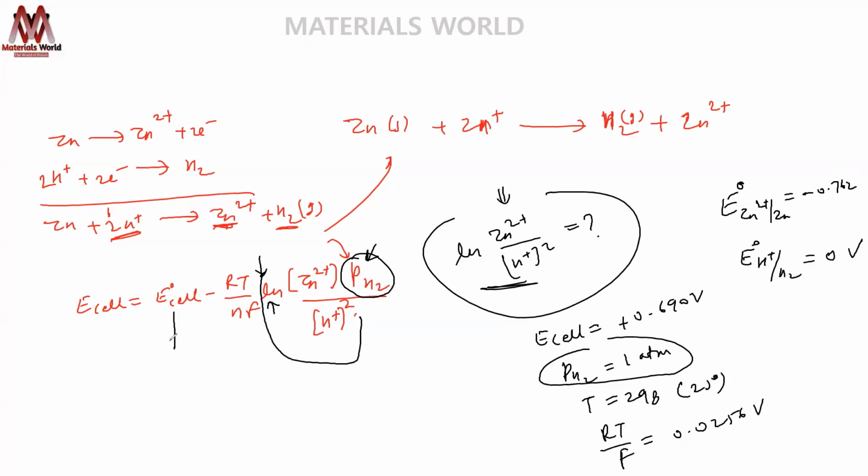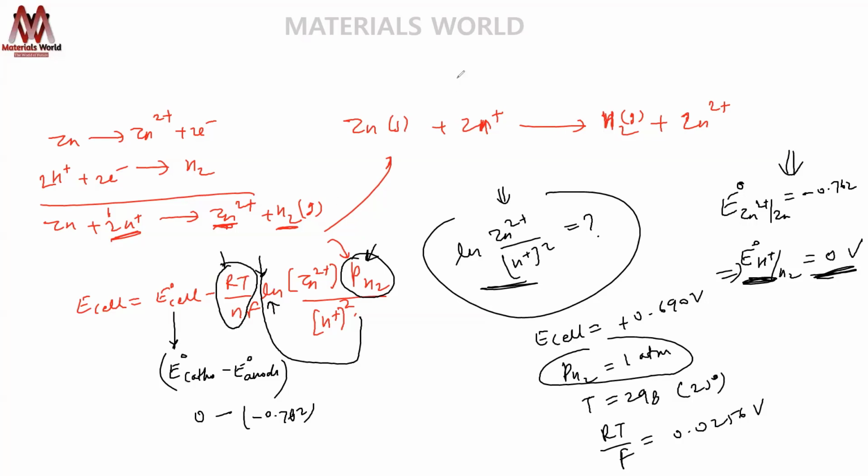Everything is given. What is E cell? E cell is E naught cathode minus E naught anode. What is cathode? What is anode? Something which has higher reduction potential will have more tendency to reduce. So the hydrogen electrode has higher reduction potential, so it will be the cathode. It will reduce more. This will be oxidized, it will be the anode. So cathode minus anode, that is 0 minus